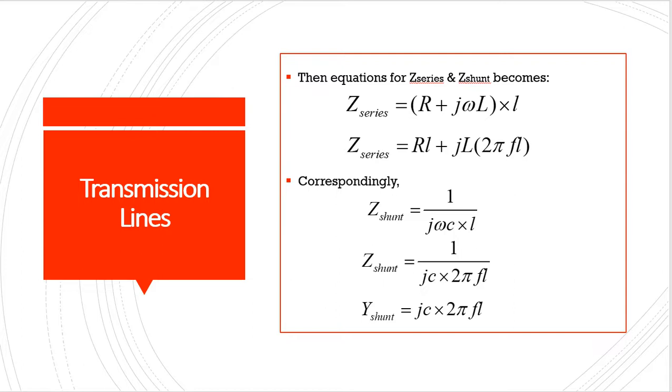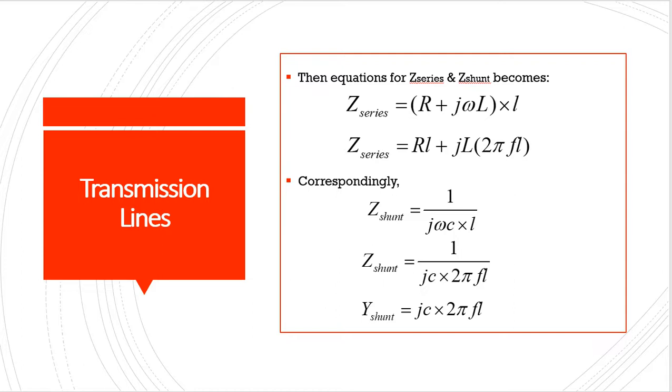1 over j omega c, right. And the total reactance will depend on the length of the transmission line. Therefore, we have multiplied this j omega c with L, and we have found 1 over j c into 2 pi f L, right. Now, as we know that admittance is the reciprocal of shunt impedance, and in the shunt connections we often consider